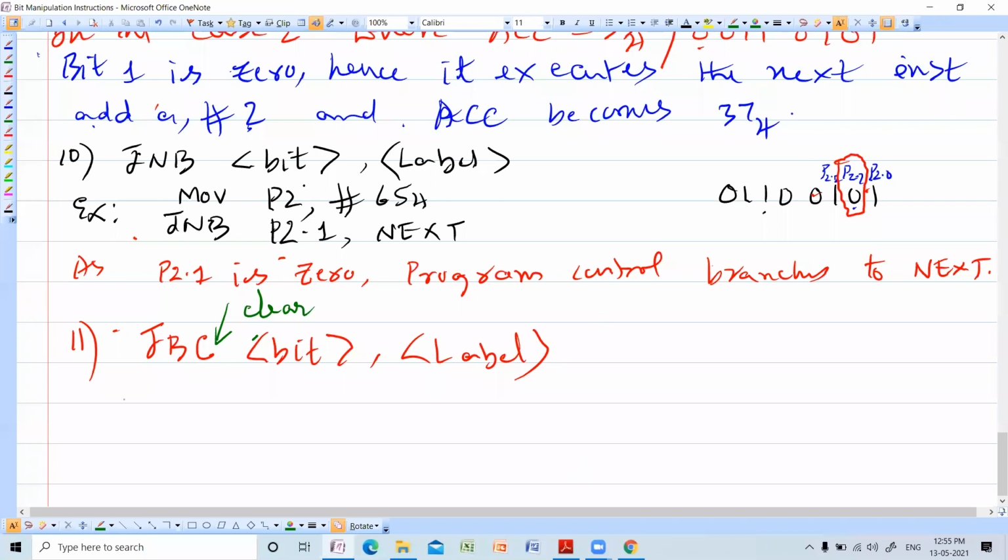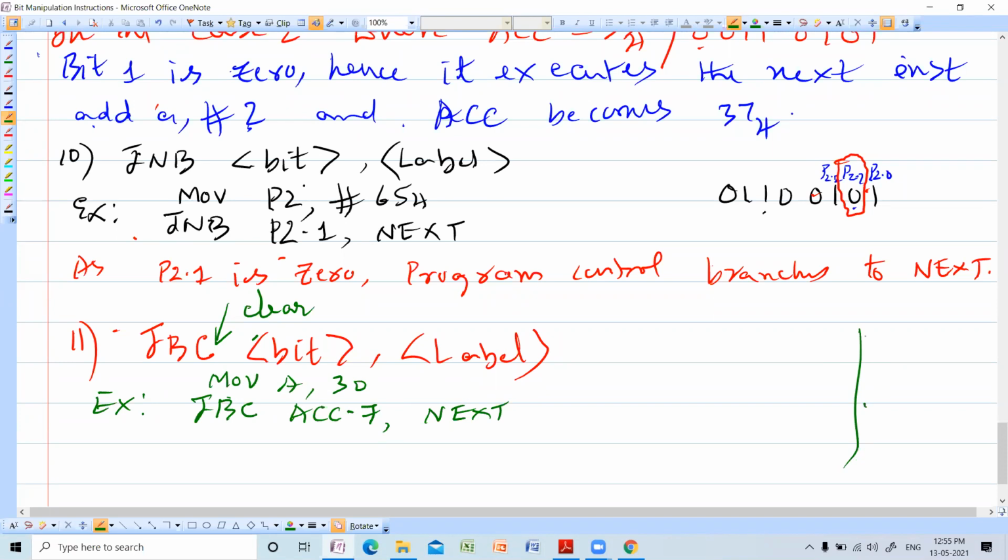Suppose you take an example, JBC accumulator.7, next. Suppose I write move A comma 30. In memory location 30, some value is there. What may be the value? 82. 82 is the value.